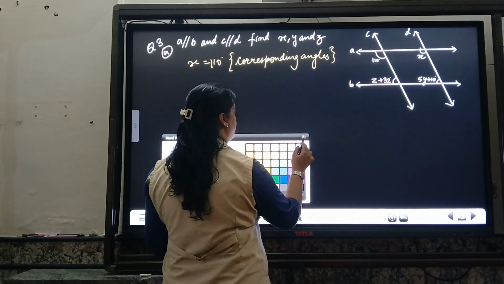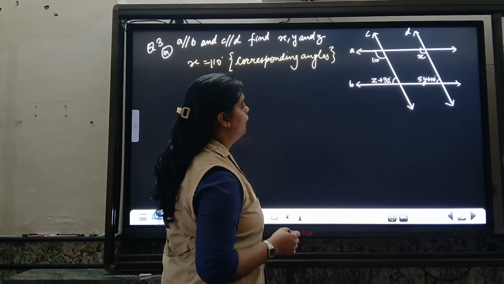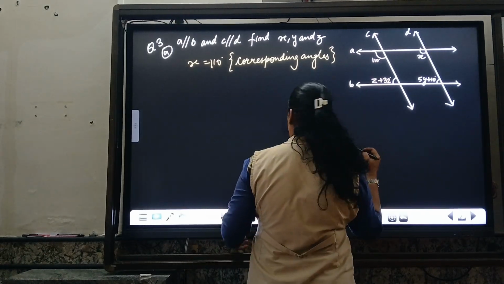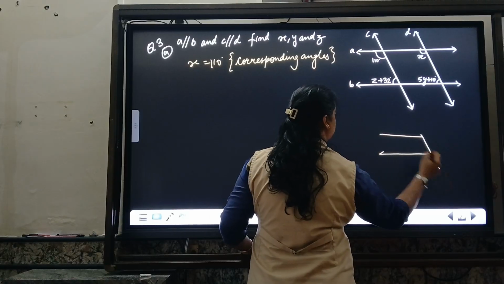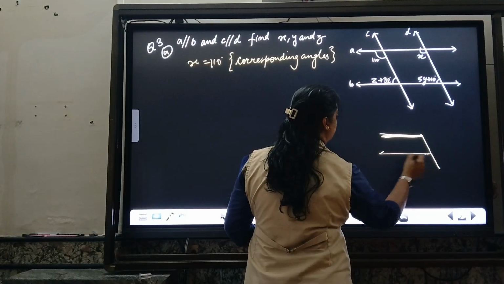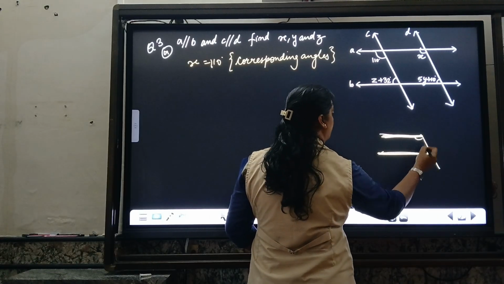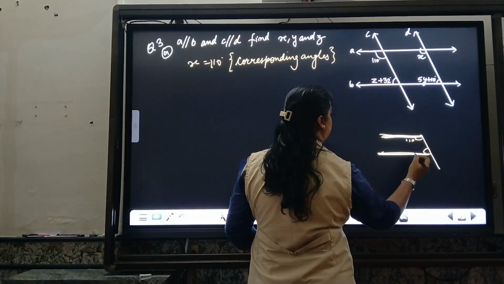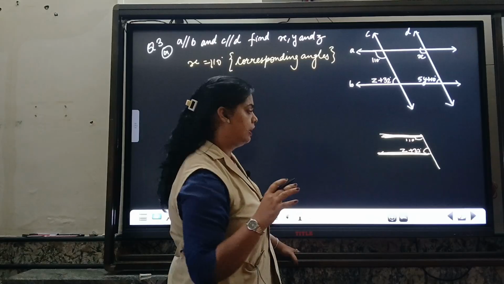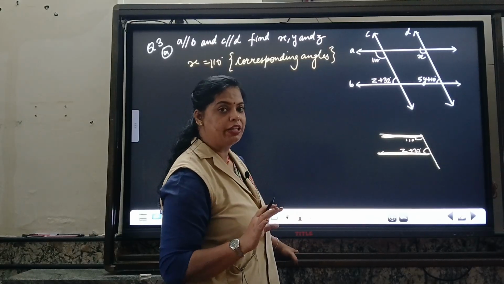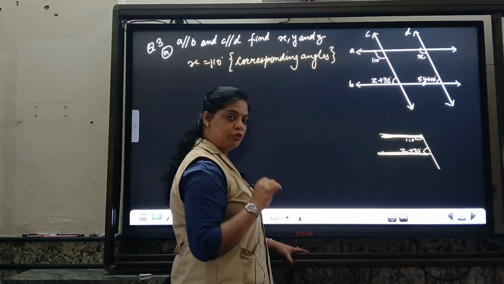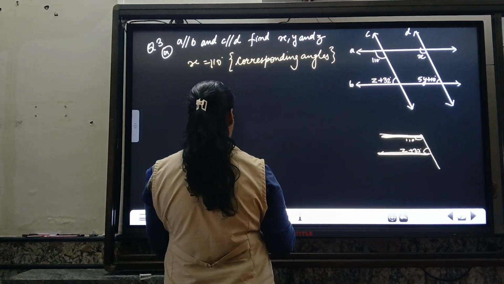Now the next angle which we can find out, we have to find out z plus 32. What is the relation between 110 and z plus 32? Here are two parallel lines and a transversal line is intersecting them. So again they are making new angles which are known as co-interior angles. 110 is inside and z plus 32 is also inside these two parallel lines. Those angles are interior and their addition is giving 180, meaning they are made by parallel lines and one transversal line. So we will use this concept, the co-interior angle concept.